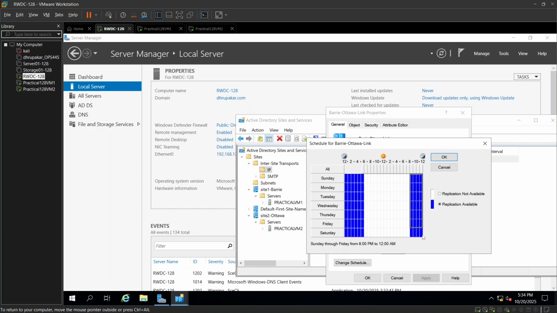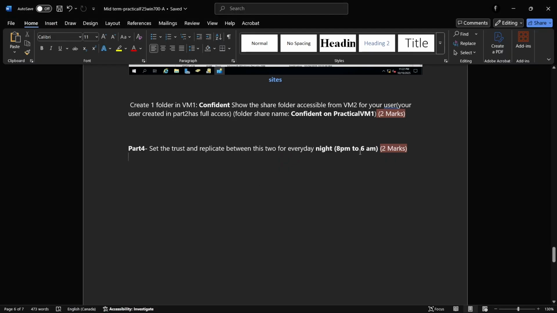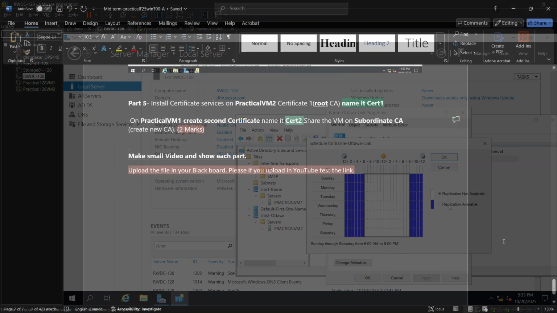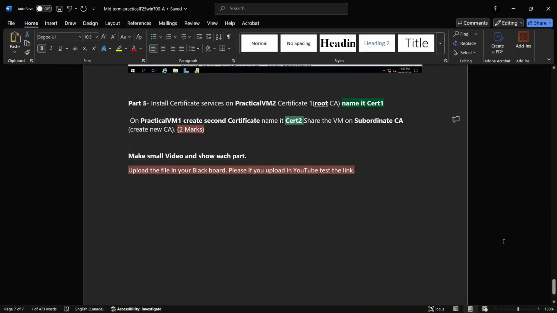This is every day from 8 p.m. to 12 a.m. Sorry, and this is from 12 a.m. till 6 a.m. So this basically makes 8 p.m. to 6 a.m. So in this time replication will not be available between 6 a.m. and 8 p.m. So now let's move on to the last part of this lab, which is installing certificate services